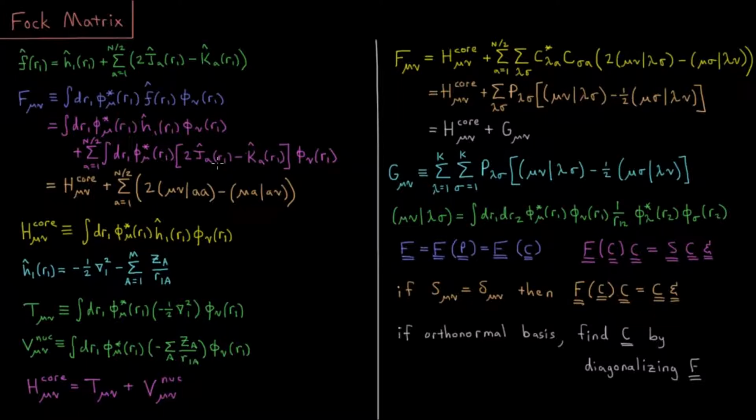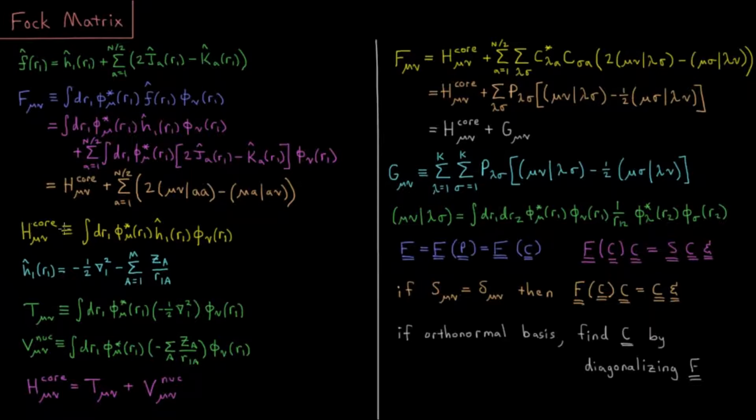So if we do those substitutions and simplify things out, what we're going to end up getting is a few new terms where we have what's going to be called the core Hamiltonian matrix element h core mu nu plus the sum over all the occupied spatial orbitals of 2 times the 2-electron integral in chemists' notation for spatial integrals, mu nu AA minus mu A A nu for the Coulomb and exchange integrals, where now we've defined the new core Hamiltonian matrix, h core mu nu,